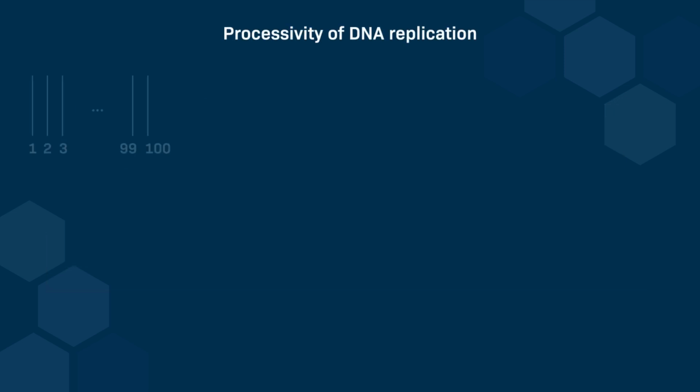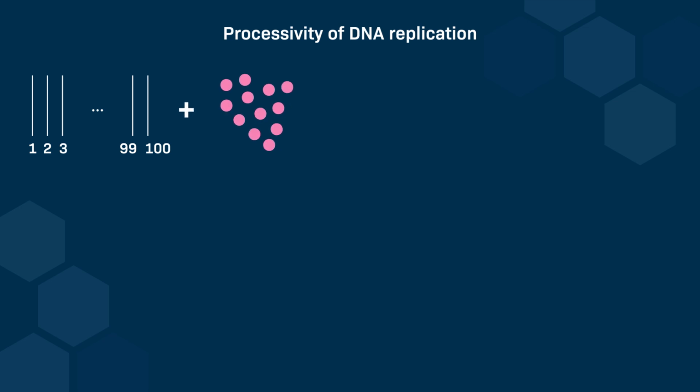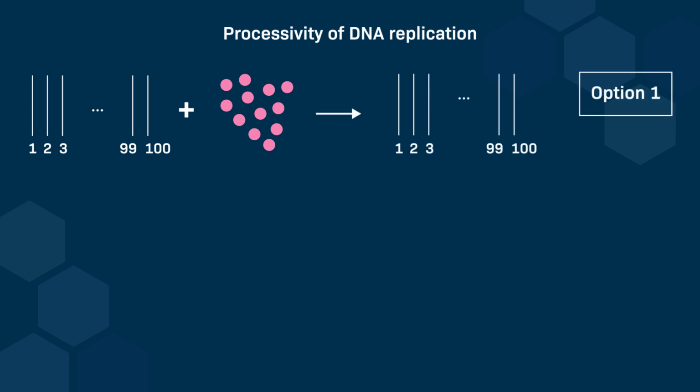Imagine you want to create 100 strings of pearls, which each contain 100 pearls. You have two options to complete this task. In the first option, you add one pearl to each string sequentially. So in the first step, you add one pearl to string 1, in the second step, you add one pearl to string 2, and so on until you reach string 100. After completing this round, you go back and repeat the process, adding a second pearl to each string, continuing until